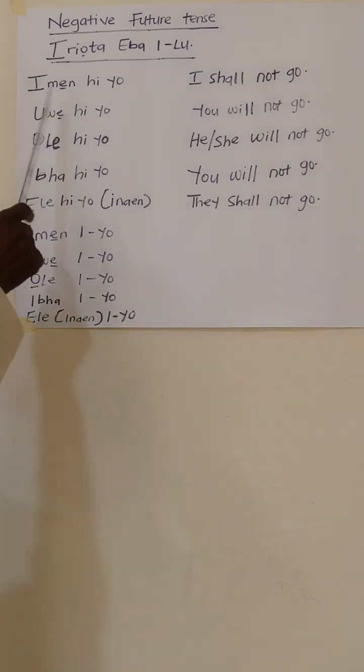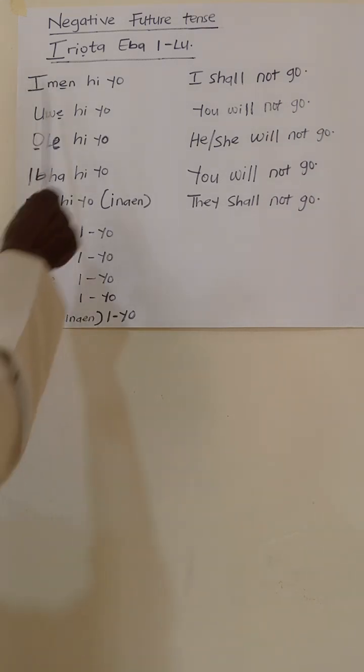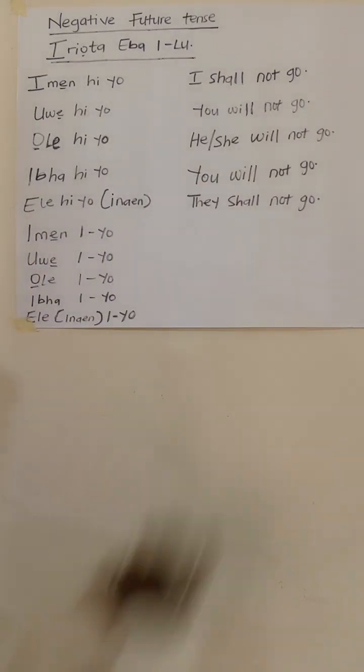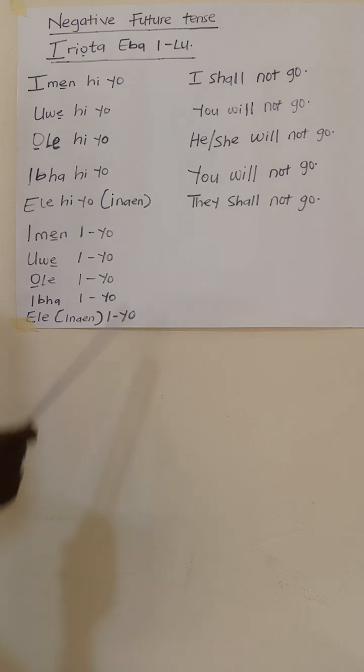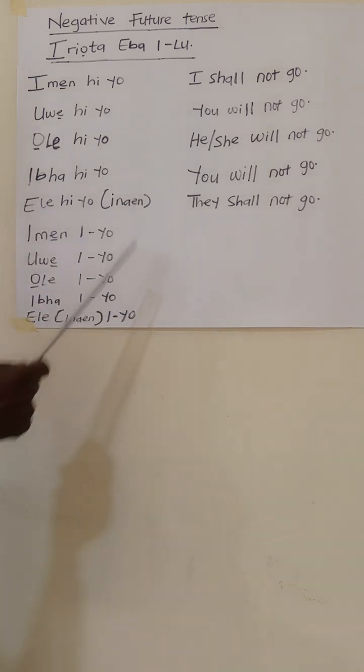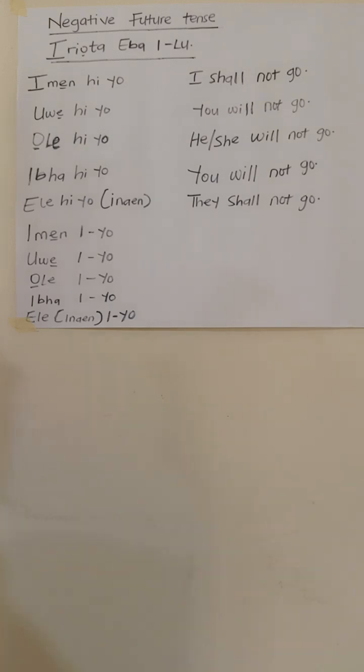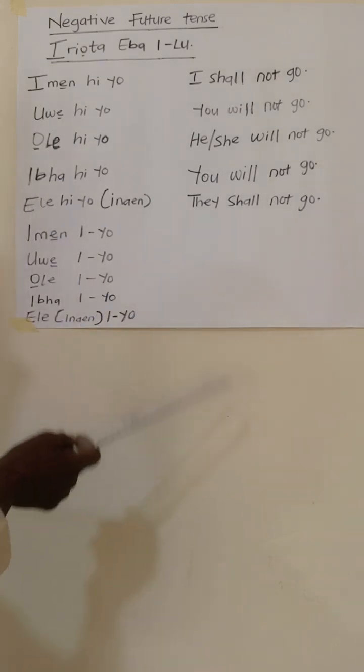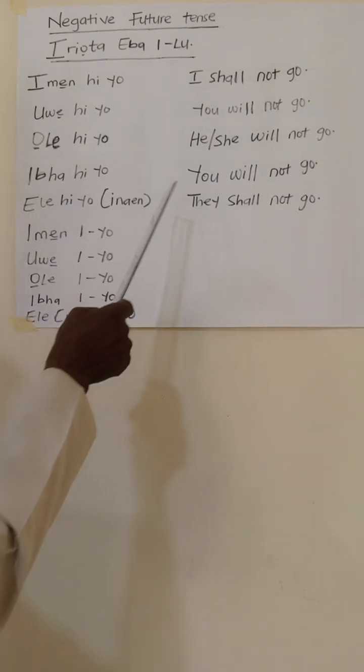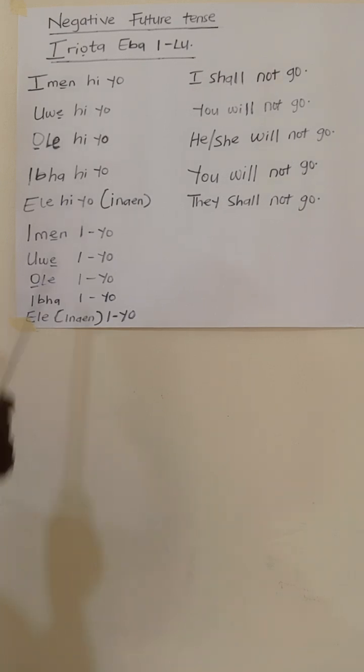For example, Imehijo, that is I shall not go. Uwehijo, which means you will not go. Olehijo, which means he or she will not go. Iwahijo, that means they will not go. Eleijo,